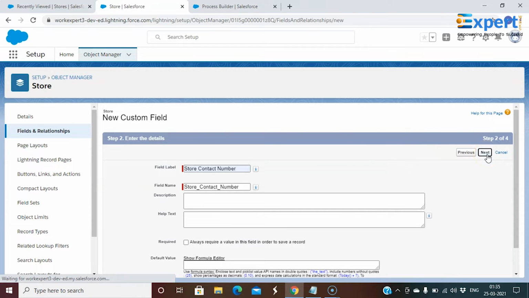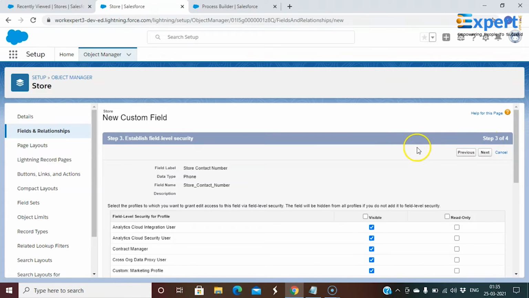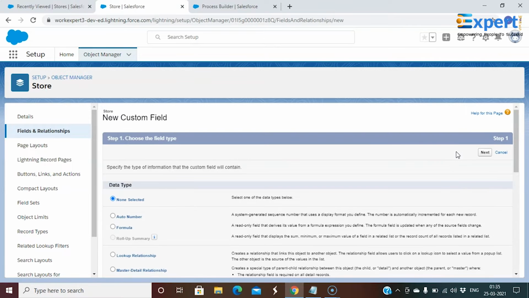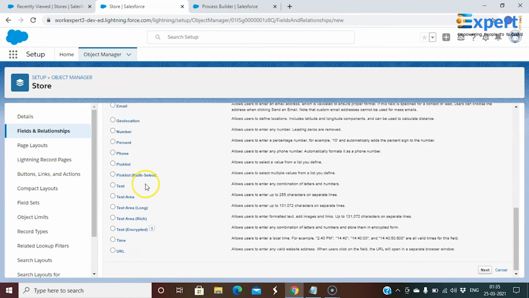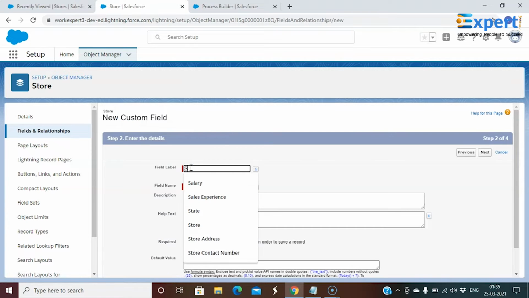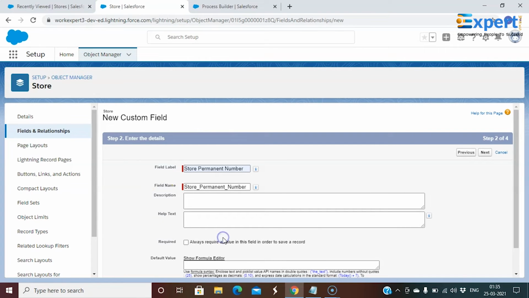All the profiles can have access to this particular field, and then next, save and new. Another field we want to create is permanent contact number with the data type phone. Click next. Store permanent number, next,